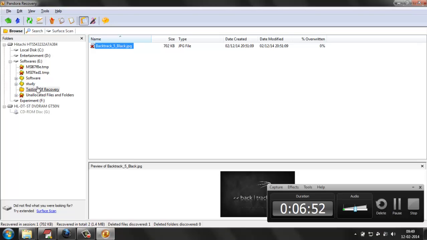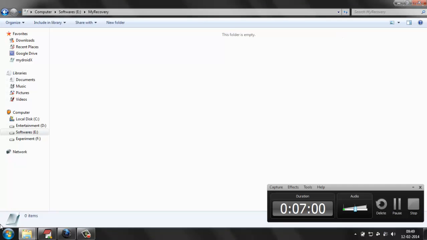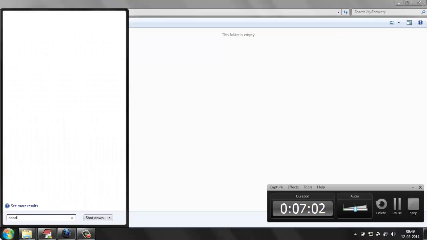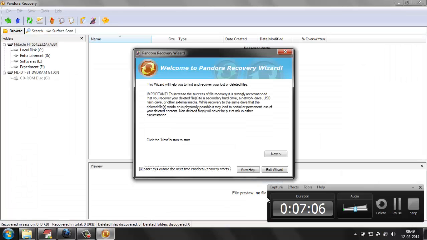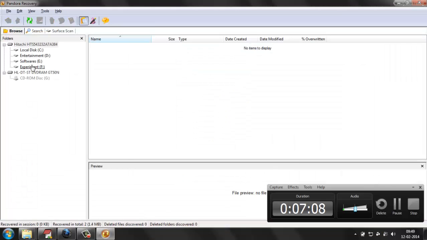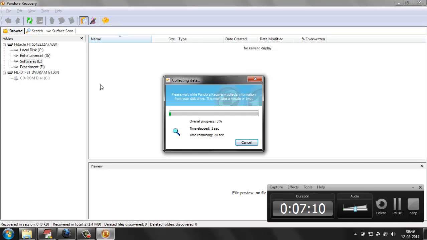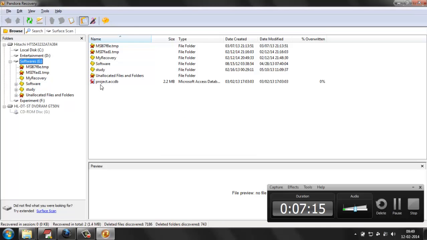So I'm going to show you. Here's the previous recovery software I used. I'm going to close it and open Pandora again. It is scanning the folders.